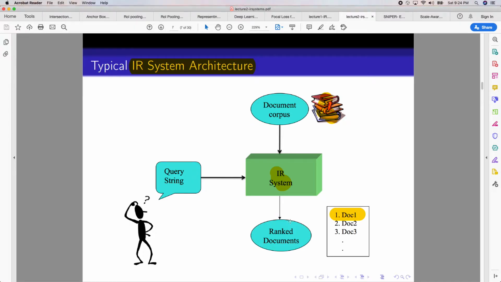So let's see a typical IR system architecture. In this case, this is our information retrieval system. And to be able to develop this system, we need to feed some input to it. We need to feed it some document corpus. And the system has a way of identifying and locating several documents within its repository. So the user now comes in and